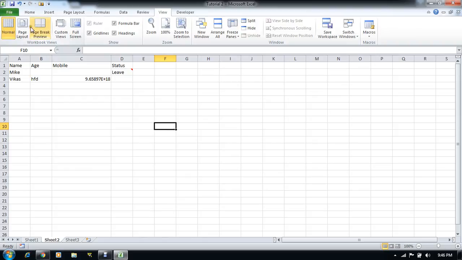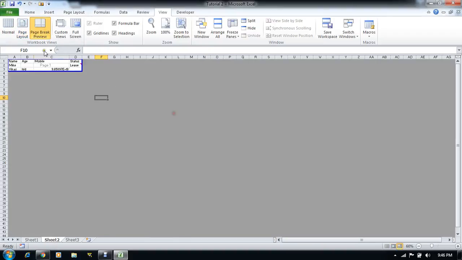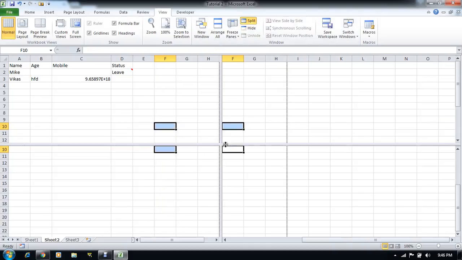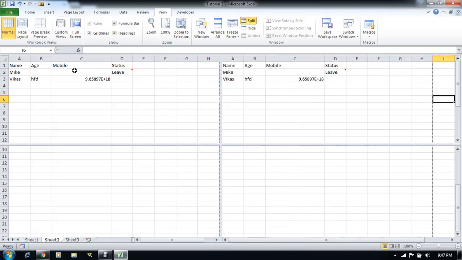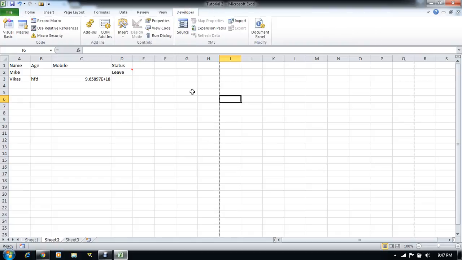If you want to add page breaks, or you want to see this as normal, or you want to split the window, it will split the window into four sections. So mainly in view we have the options related to the view.